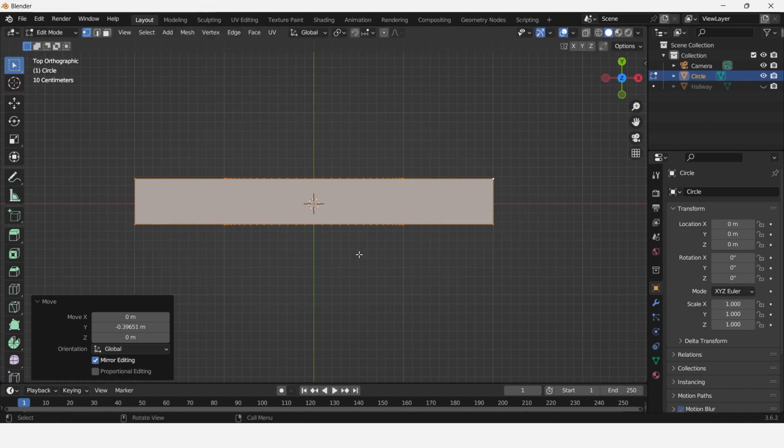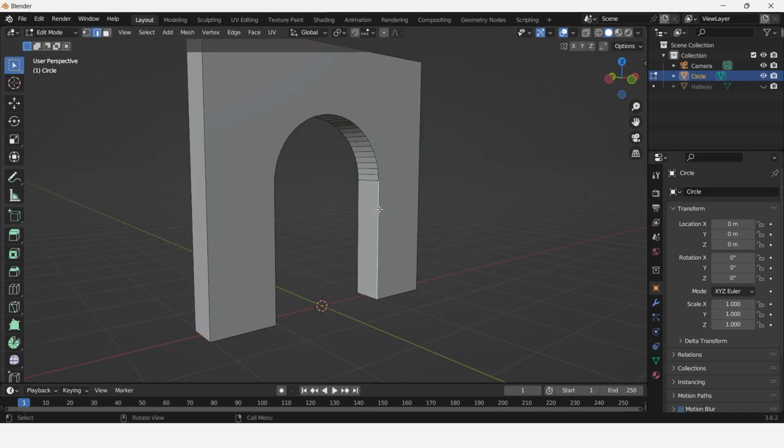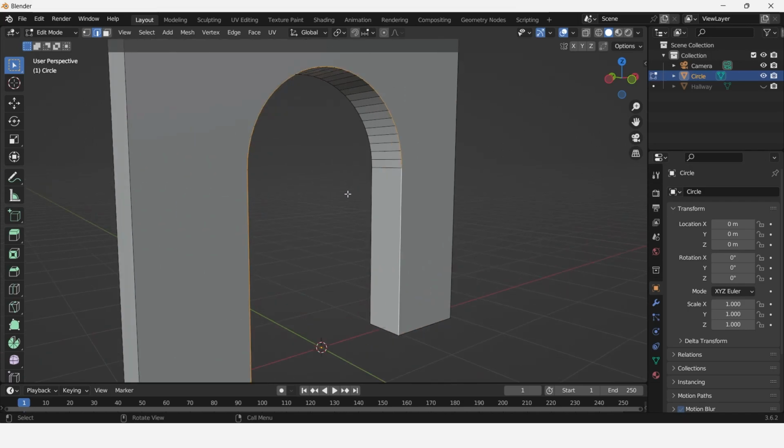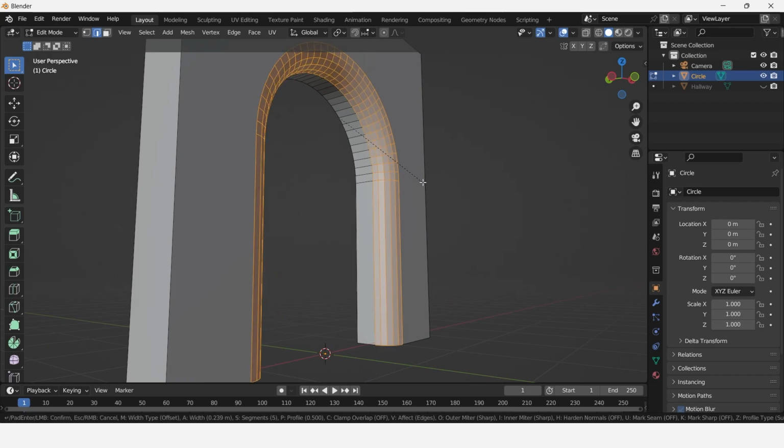point. Now, while we're still in edit mode, what I'm going to do is switch from vertex select to edge select mode. And pressing the Alt key, I'm going to left click and select one of the edges, which will then, when Alt is held down, enable all the edges to be selected, which we don't want. We only want to select our actual archway itself. It's far easier to hit Alt, left click and select, and then deselect the edges that we don't want, which is just these 5. Now I can hit Control B to bevel this edge and if I scroll while doing